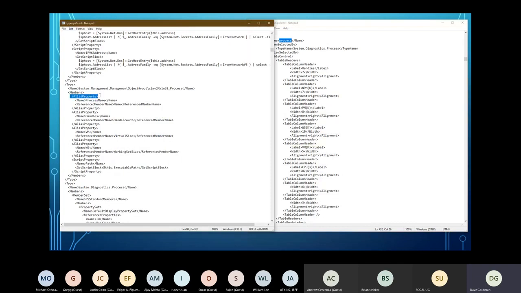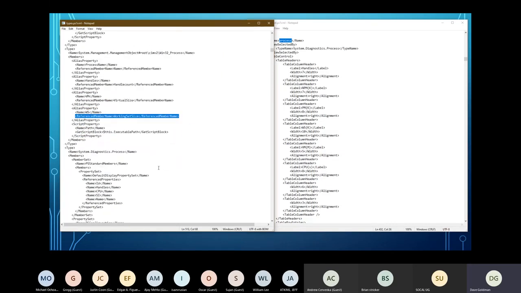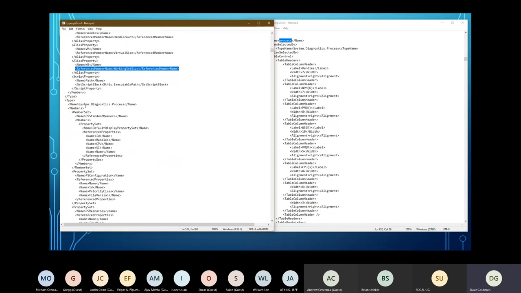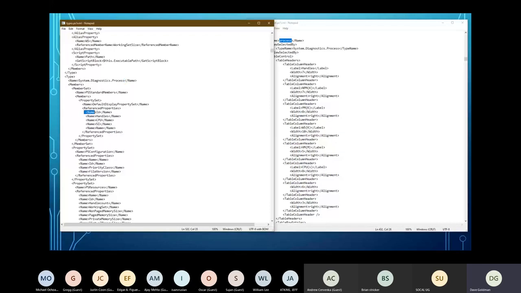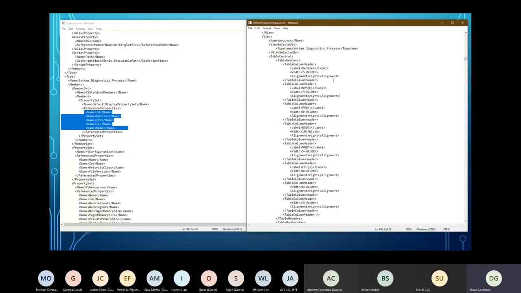You can see here we have some members, right? We have some alias properties for process name, handles, VM, which is being referenced by virtual size, working set for WS, and then you can actually see down here for this type of System.Diagnostics.Process, you can start to see the reference property type. So we have the ID, handles, and that's what you saw when we actually dumped it out. How we format that is in the respective format